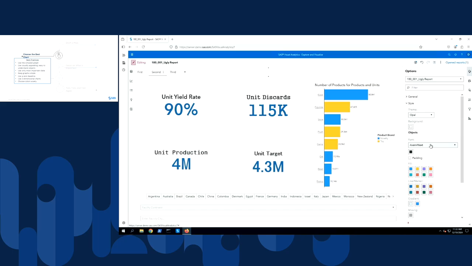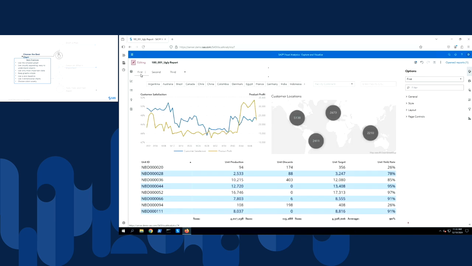It is not recommended to do that. So I recommend that you have one font for the entire report and leave it at the default, set it at the report level and leave it alone. So that's what we're gonna do. We're gonna make sure that the fonts for the entire report is Avenir Next. The issue is that some of our objects have chosen to override the default, so we'll have to go in and change them. So let me go to the first tab.